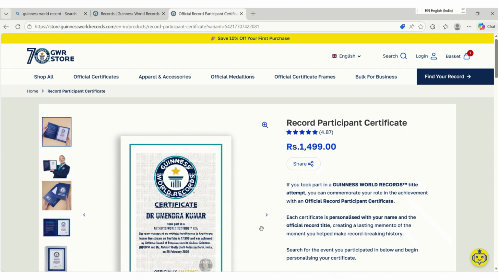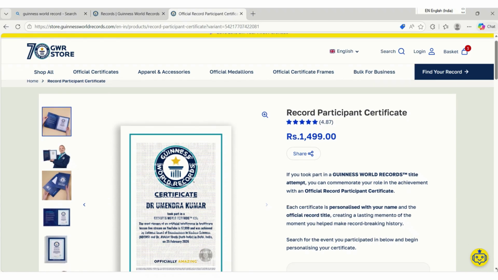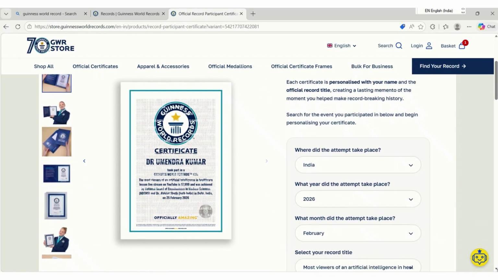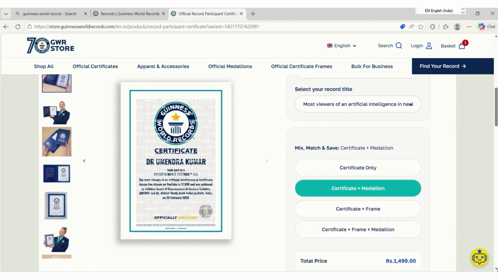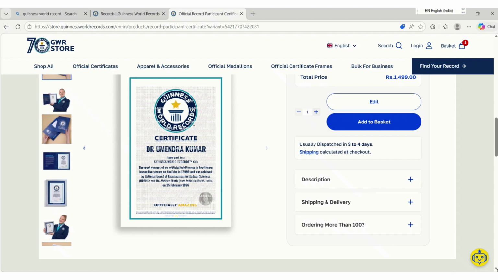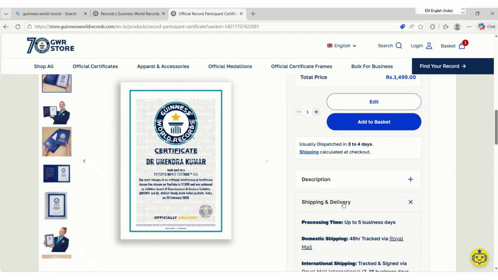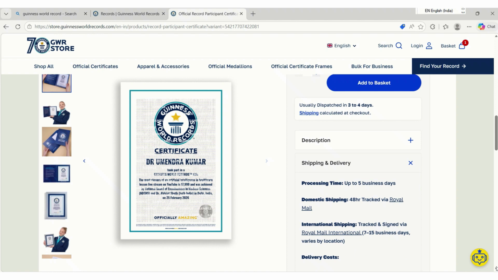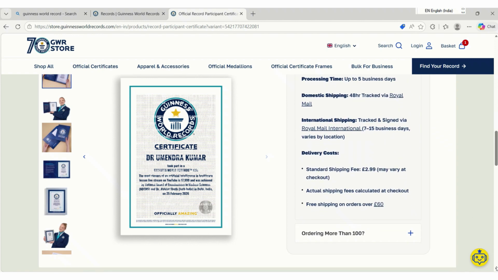Now we have to buy it by making the proper payment. Once you have generated your certificate, then you have to make payment. And for payment, there are so many options. You can click on this yellow button and ask directly for payment. Since I made this step yesterday and I had saved it in cart, so this time,